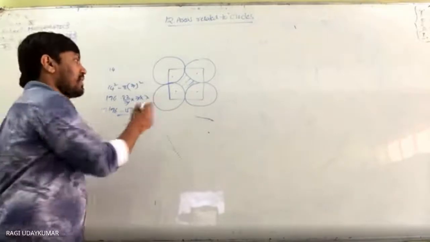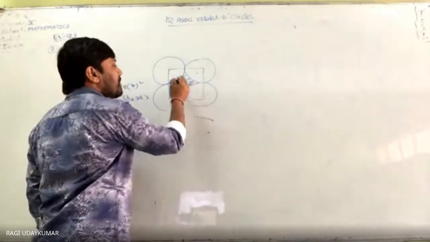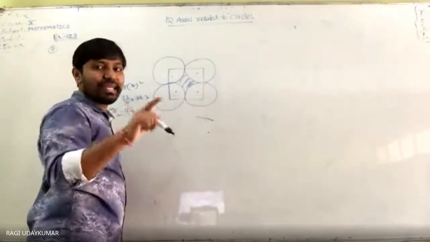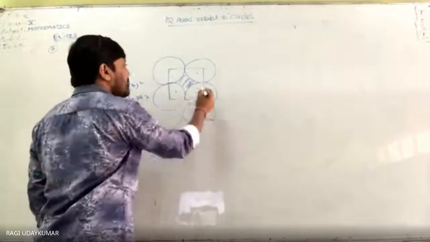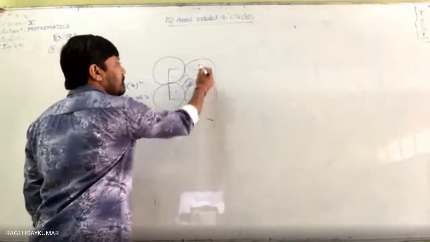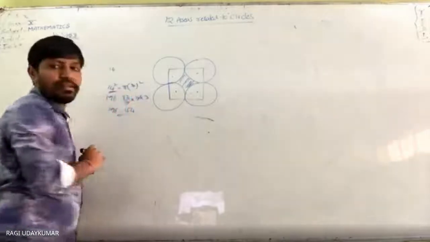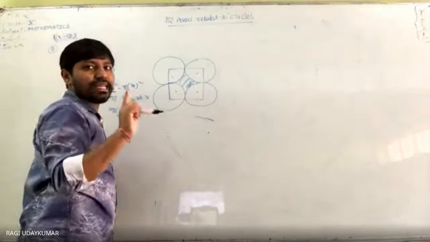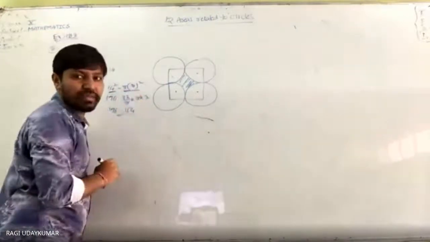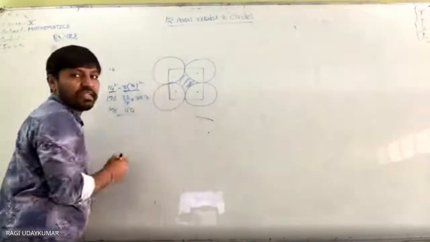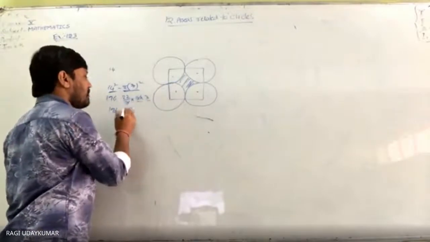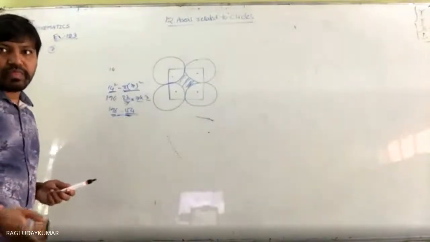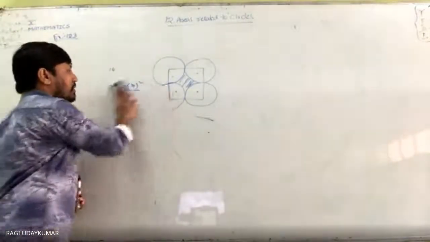Okay. So now here, the shaded region you need to find out, means this is a quadrant, this is a quadrant, this is a quadrant, this is a quadrant. 4 quadrants will make one circle. So the area of the square is equal to 14 square minus the area of the 4 quadrants, which make one circle. The area of the circle formula is pi r square. Our radius is 7 centimeters, so 196 minus 22 by 7 multiplied by 7 into 7, that is 154. Okay? Okay, sir.